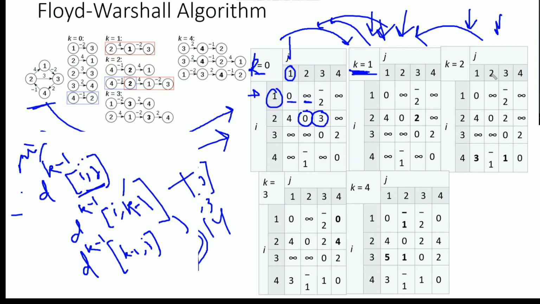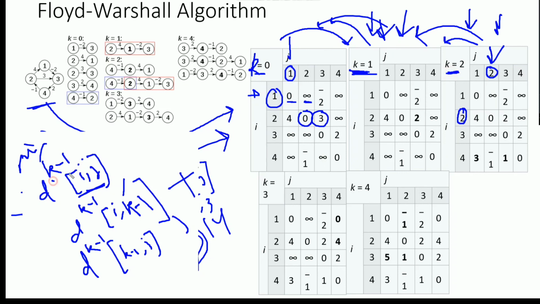So if we see in this, the value for column having vertex 2 and row having vertex 2 will be same as that of the previous value. So 4, 0, 2, infinity, and for the column it's infinity, 0, infinity, minus 1, infinity. So if we assume any vertex as an intermediate vertex, its row and column value will be same as that of the previous value. Okay, and we need to calculate for other vertices considering vertex 2 as an intermediate vertex.